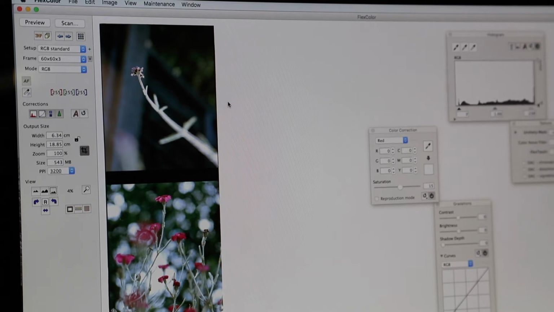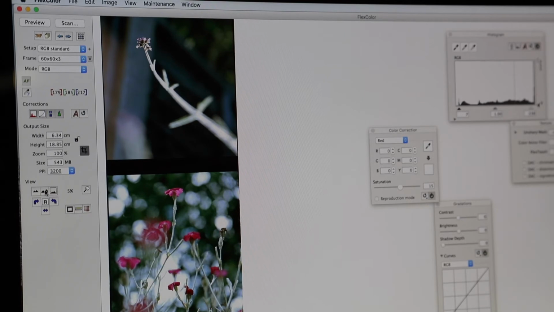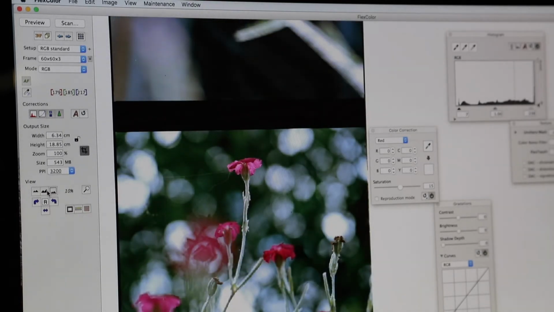Okay, next we're going to select the image that we want to scan at full resolution. Now, before doing so, we're going to use the magnifying tools down here, which look like mountains, to just magnify the stills we've got so we can select the correct crop. So I'm going to zoom in. If you hover over the icons, that will help us